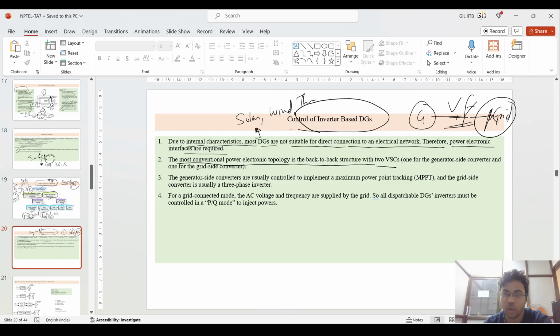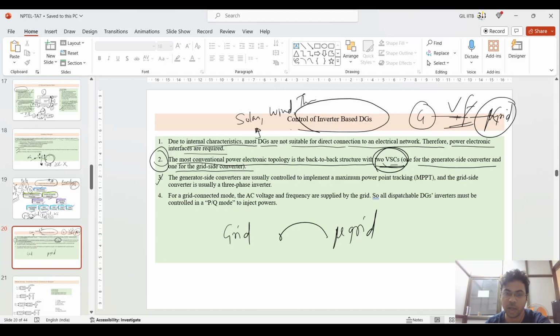That with two VSCs, two voltage source converters, one for the generation side converter and other for the grid side converter. And coming to this third part, the back-to-back structure of this voltage source converter, I have already explained that you need the two kinds of converter, one at the grid side, one at the microgrid side,